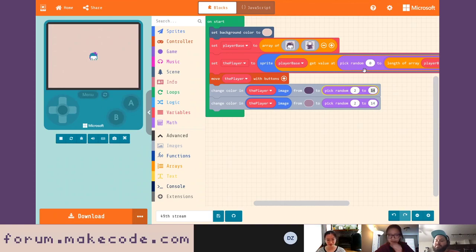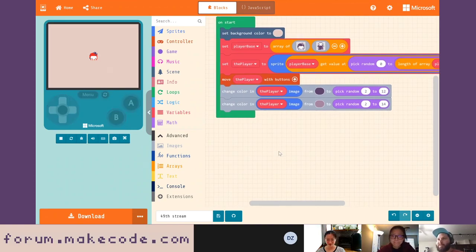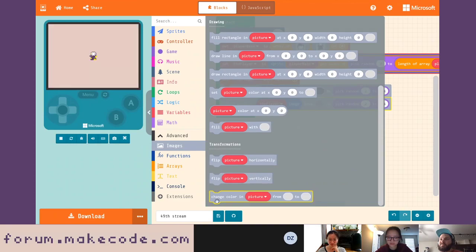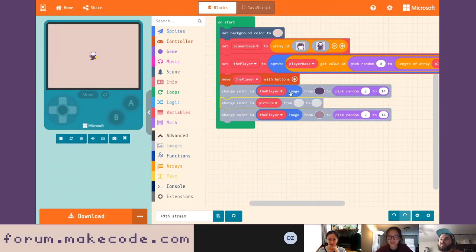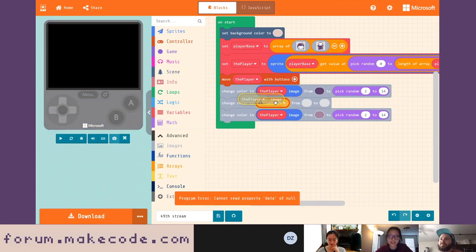Okay, so I'm just going to pick random from 2 to 12. I guess that also cuts out the brown, but that's okay. Cool. Ooh, the other thing you could do is if you want to keep the brown, you could do 2 to 14 and then just always change the tan color to some other set color. Oh, yeah, okay. Let's do that. So I can grab out another change color. And so that means if we've set the body of it, so this dark purple, to tan, we're just going to reset it